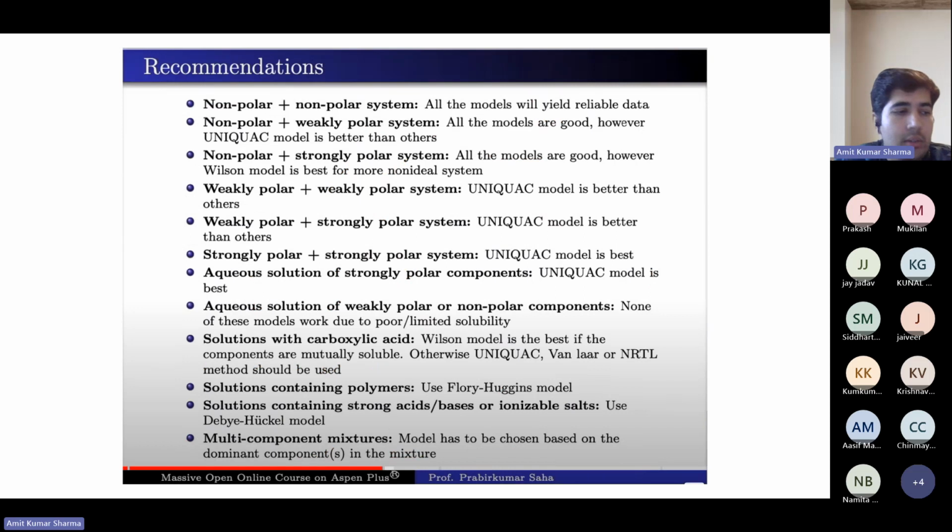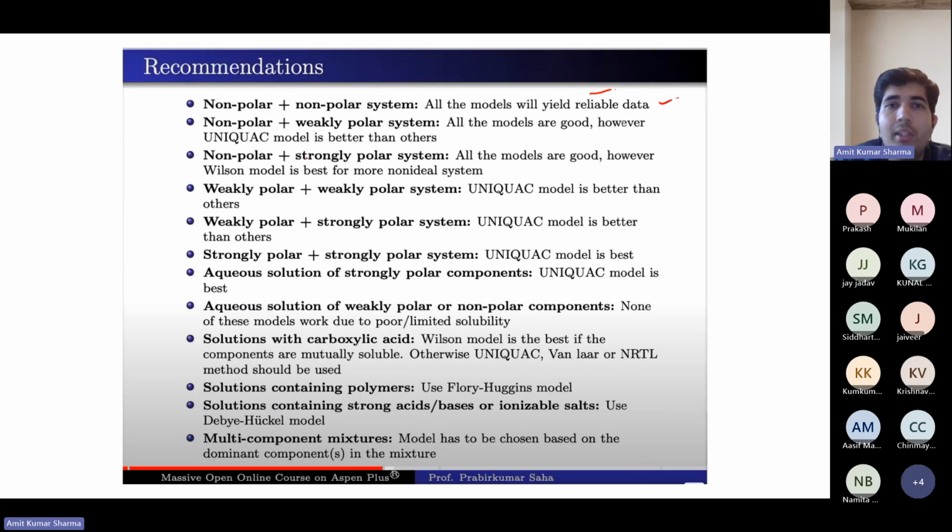Then what are the recommendations? For non-polar systems, all the models will yield reliable data. So if you are dealing with a non-polar plus non-polar system, then you can choose any model. Most of the models will yield reliable data. If you have non-polar and weakly polar systems, then all models are good.